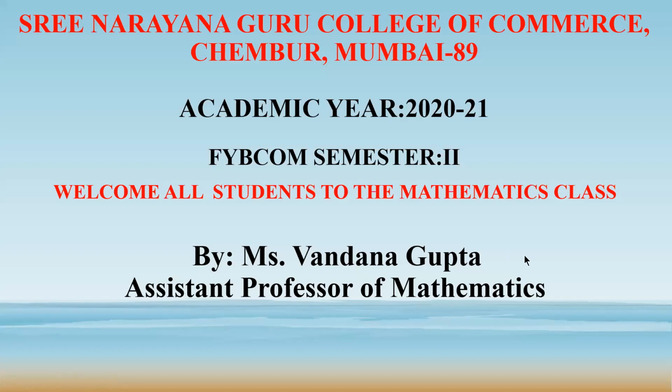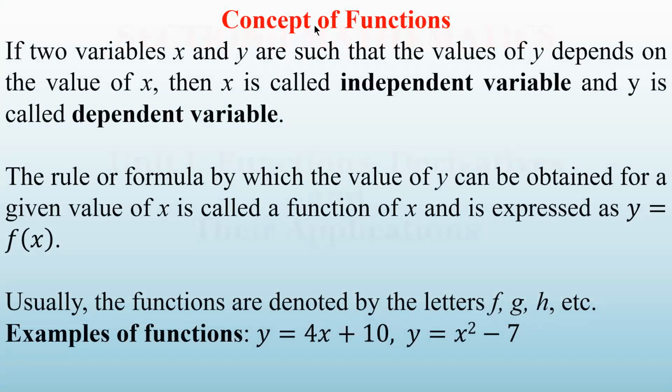See, in the last lecture, quickly we will revise what we did. We have studied what is a function. As you know, in a function there are two variables: one is the dependent variable and the other is the independent variable. So if y is a dependent variable and x is an independent variable, then there is a rule or a formula which will give you the value of y when the value of x is given to you. That rule or formula is denoted by, say, f of x, and it is called a function of x. So whenever we write y equal to f of x, that will mean that y is a function of x.